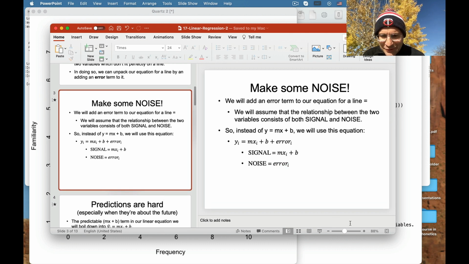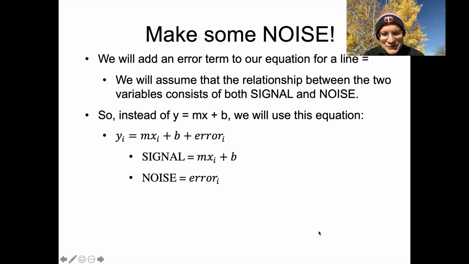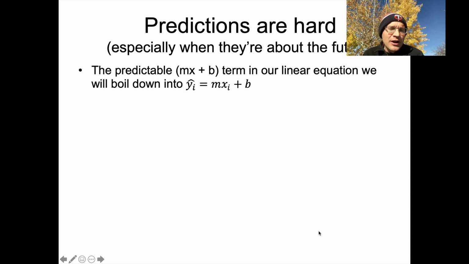The reason I'm belaboring this so much is because we're going to keep coming back to this. It's not just today, but in the future we're going to see it as well. So the moral of the story is that in real life, predictions are hard, especially when they're about the future. We got a little bit of past, present, future in the 3 is a magic number video, but at this point, what we really care about is being able to use the past and the present to predict the future.